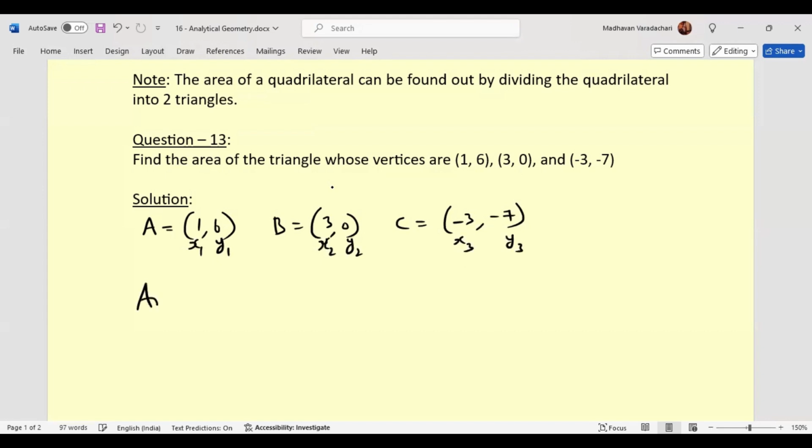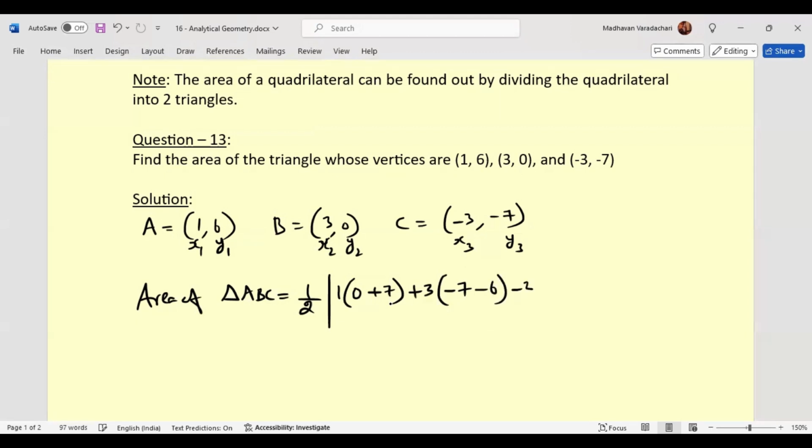So area of triangle ABC will be half times modulus of x1, which is 1, multiplied by y2 minus y3, that is 0 minus minus 7, so 0 plus 7, plus x2, which is 3, times y3, which is negative 7, minus y1, minus 6, plus